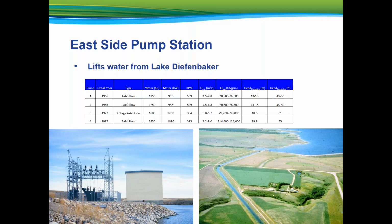The Eastside Pump Station facility was constructed in the mid-1960s in advance of the M1 Canal. Initially built with 2 pumps, a 3rd pump was installed in 1977 and a 4th pump was installed in 1987. The pumps are supplied through a common intake structure in the lake. Each pump discharges through individual concrete pipelines to a common structure at the head end of the canal. The pumps have a combined design pumping capacity of approximately 23.5 cubic meters per second and a power output of